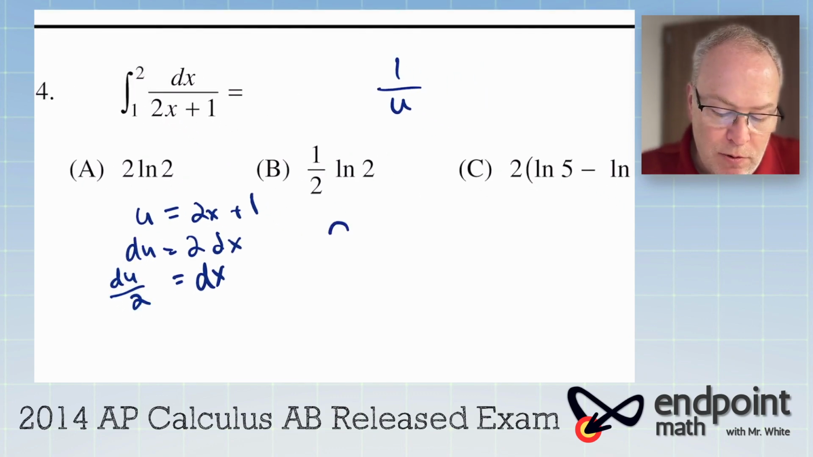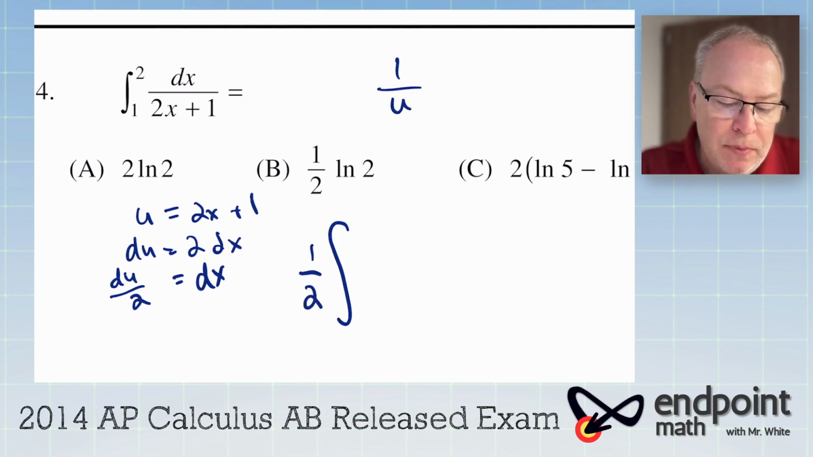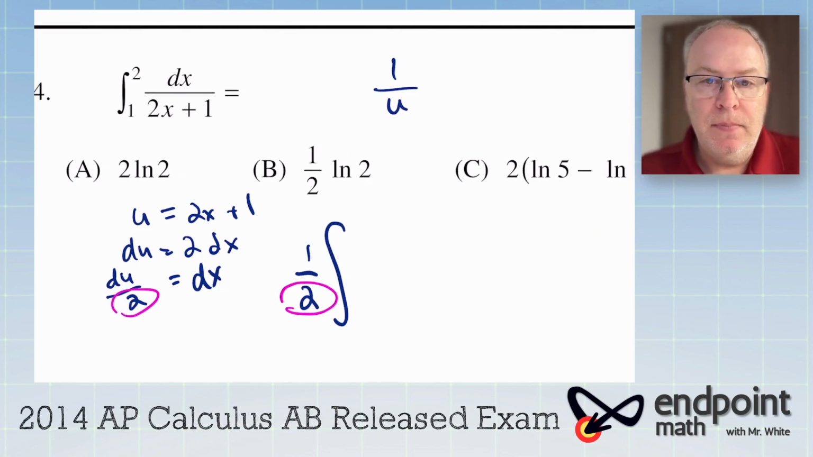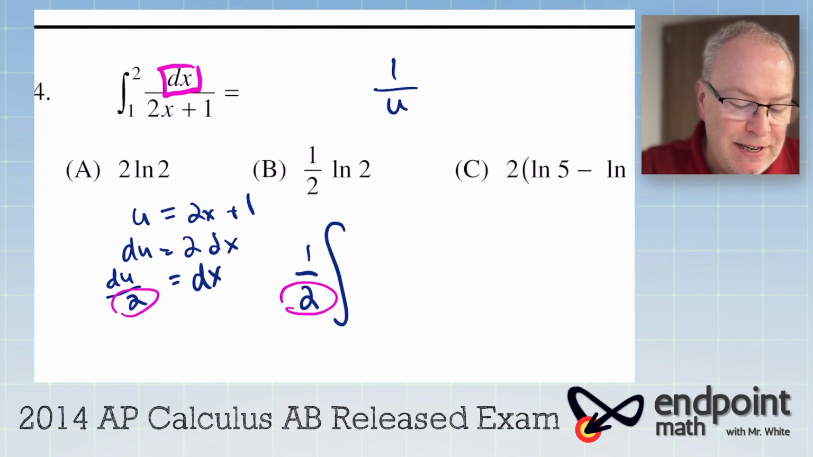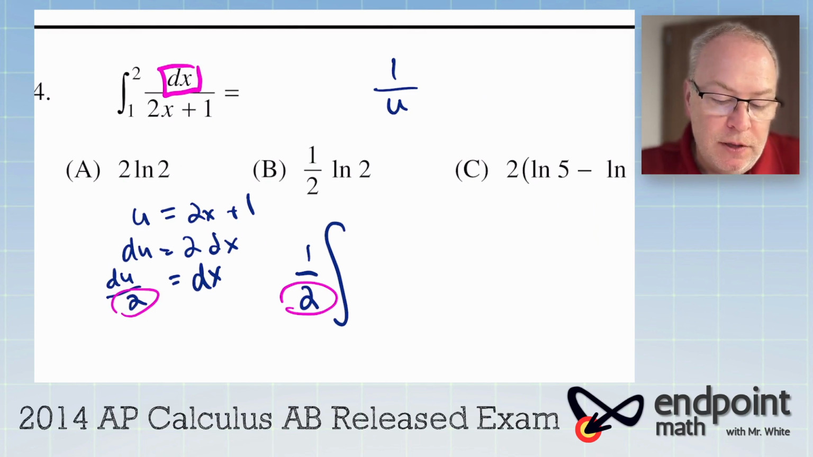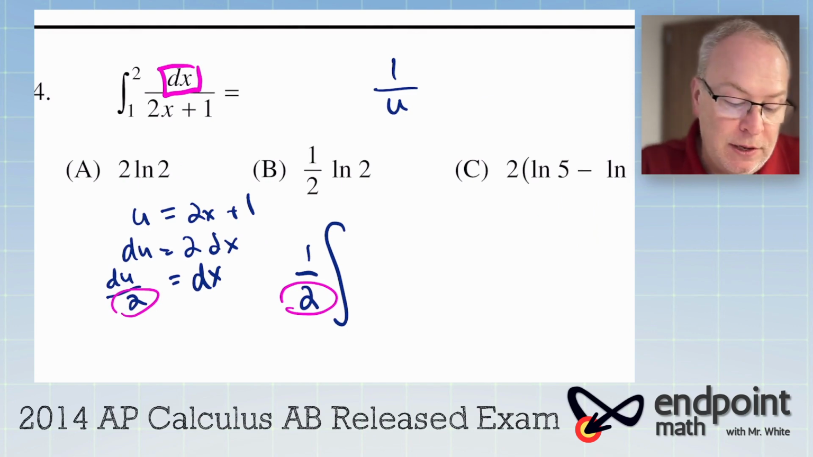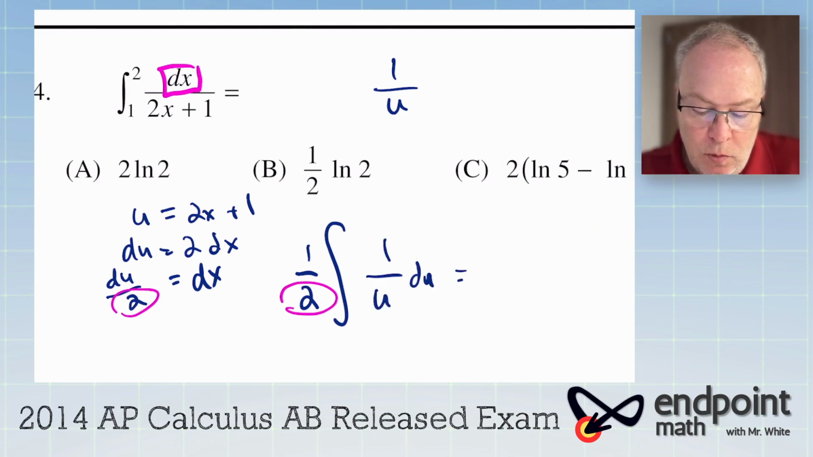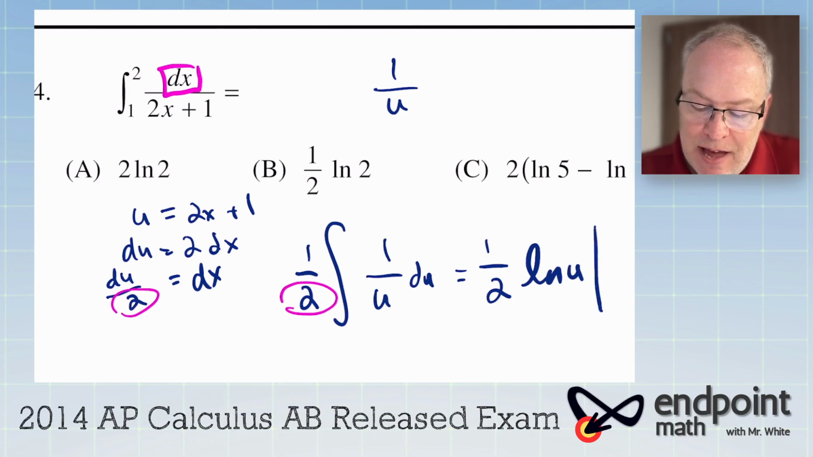So when I rewrite the integral, I could put a 1/2 on the outside. That 1/2 comes from this guy right here, because I'm putting that in for dx, as you know. Hopefully this is just all review for you and easy peasy. This is 1 over u du, which is 1/2 ln u evaluated from